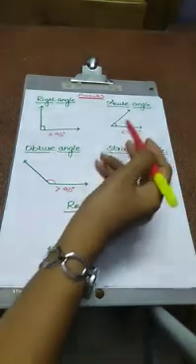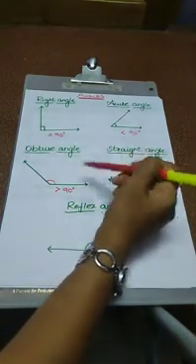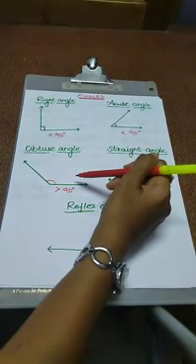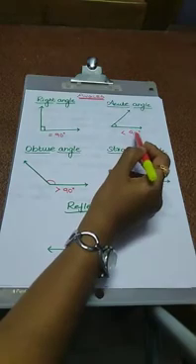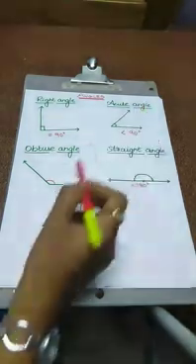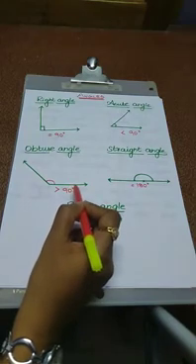An angle is acute if its measure is smaller than that of a right angle, and it is obtuse if it is greater than a right angle and less than a straight angle. So, 0 to 90 degrees means an acute angle. Greater than 90 degrees and less than 180 degrees means an obtuse angle.